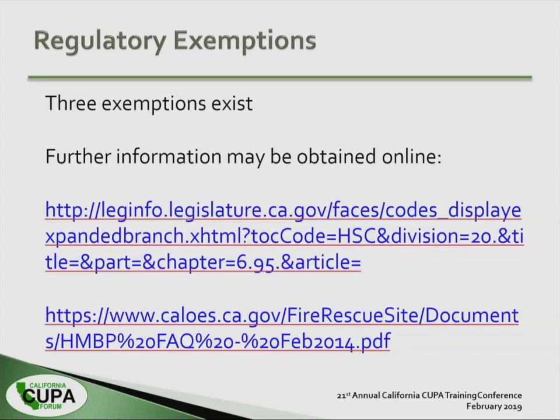And there are 3 other exemptions. One's the governing body. You can petition your county or your city, saying, hey, we don't think that this material is that bad. What do you think? If they exempt it, like the County of LA and County of San Diego, you can be exempted. And the other 2 are the local exemptions, which is, oh, please, CUPA, we don't want you to inspect us for this material because we don't think it is hazardous. We'll show you why it's not. What do you think? And if you have any questions, there's some references for you.